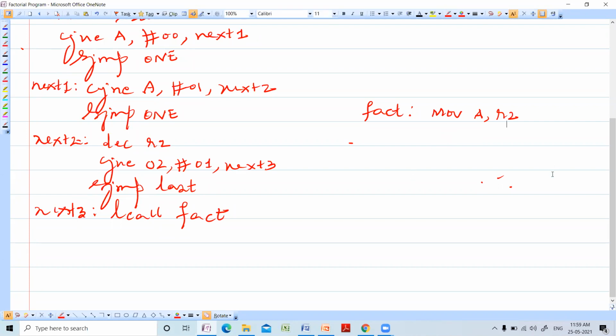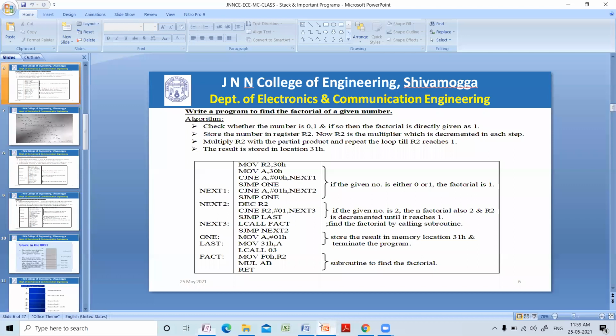It's already decremented. You can just once again refer to the logic if you are having any doubts. Whatever our accumulator is having, the data only. Accumulator is having the data. So R2 you have the decremented value, that you have to move to B register. Then you have to multiply. That's all you have to do. Very simple.